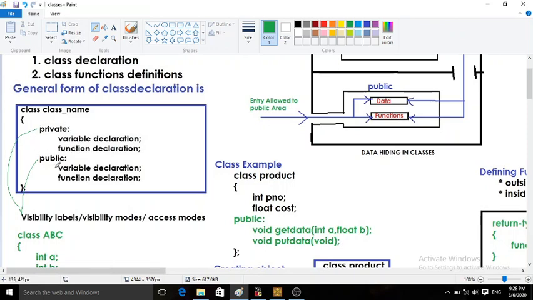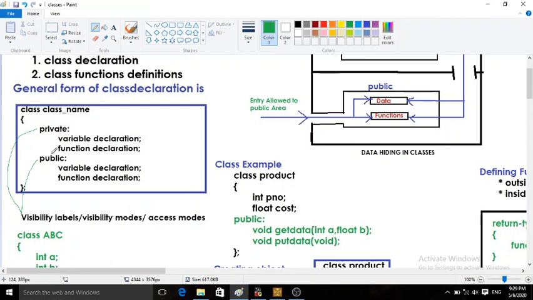So by default, if I am not giving any visibility mode over here, I am just declaring variables and functions, by default they will be considered as private. So the default visibility mode for the class is private.